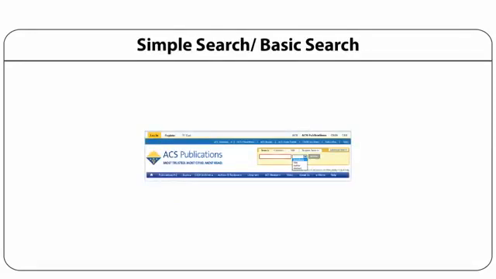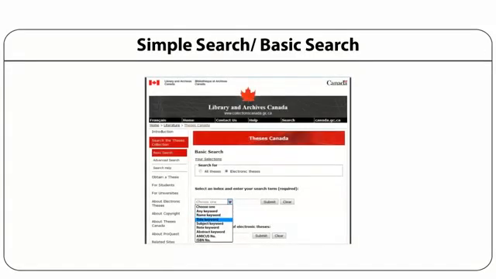Some digital libraries provide simple search functionality along with options to restrict the search query to specific key metadata fields. For example, as shown in the screenshot, American Chemical Society publications provides search for anywhere and in key fields, for example, title, author, or abstract. The eThesis Library and Archives Canada provides search for name, title, keyword, note, and ISBN.